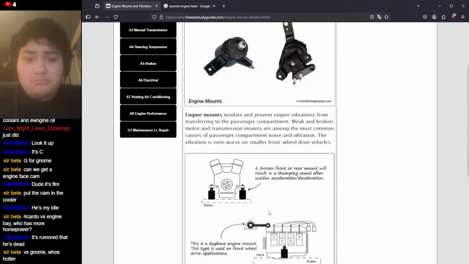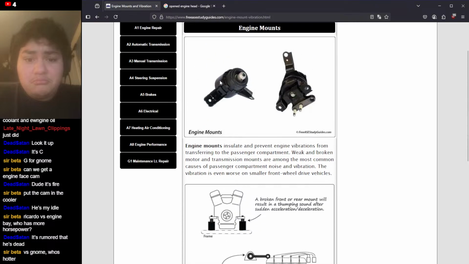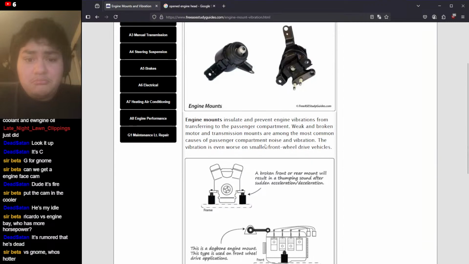Yeah, so it would be your frame, your chassis, and these rubber things. I don't think they bolt. They might bolt onto your thing, but